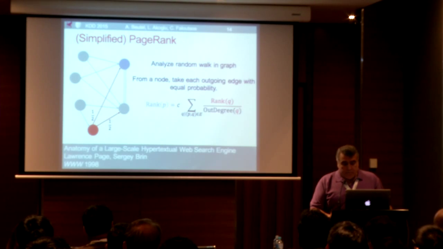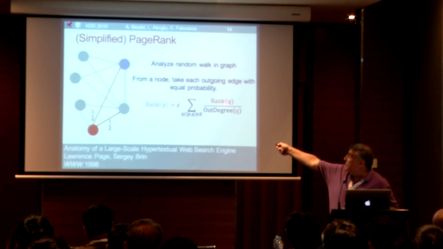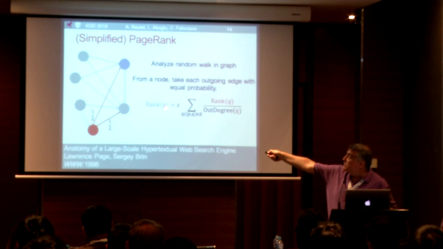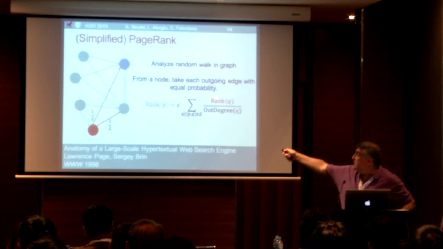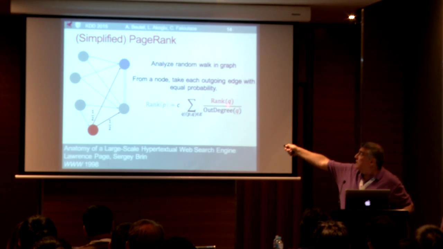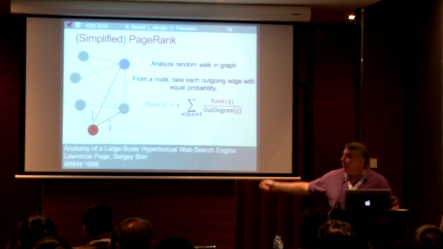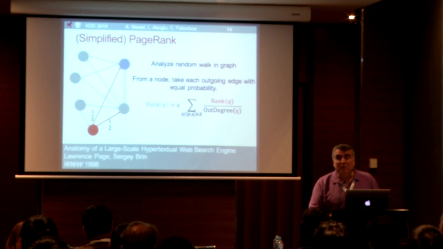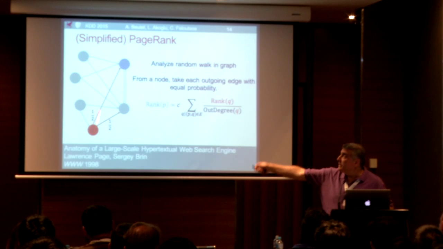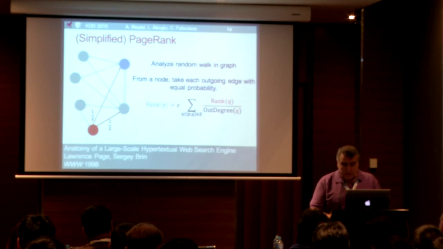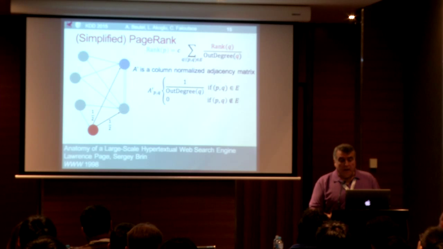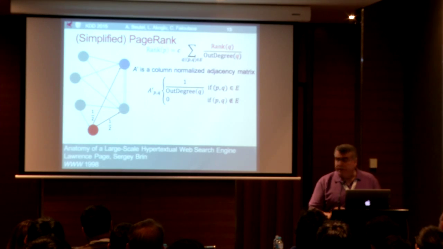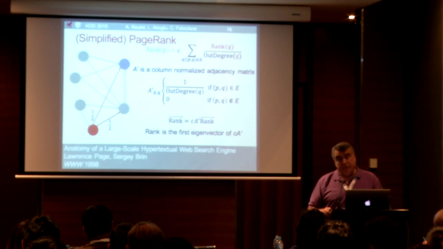This is the equation, this is a vector. For every page Q, we have a rank. For every page P, we recompute the rank. And this says that the rank of page P is the rank of its incoming edges, appropriately modulated. As we'll see later, this is related to importance propagation. If this page is important, whatever it points to gets a little bit of its importance and so on. These are the equations. We won't go into the full details. A prime is the column-normalized adjacency matrix transposed. And eventually, if we stay as is,